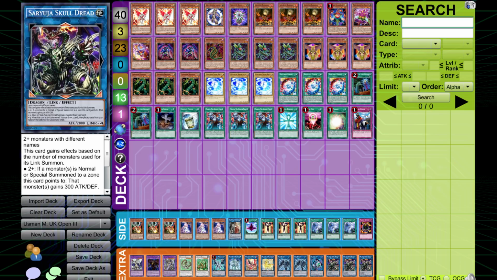Fissure is just sort of there for BA and any sort of graveyard oriented stuff. Possible changes to the list could include 1-for-1 coming out for the Garnet, but Usman's always testing different builds, and he needs the deck to be unique, which is why he's going to be carrying on playing this sort of